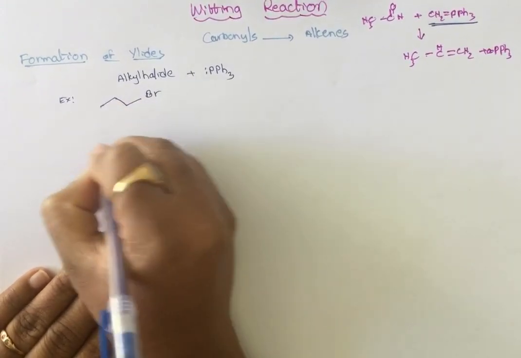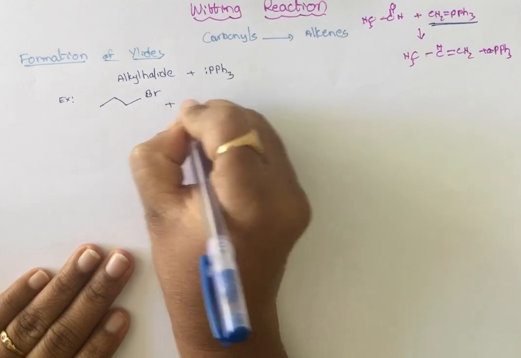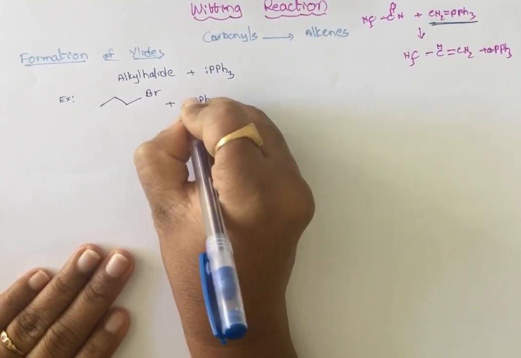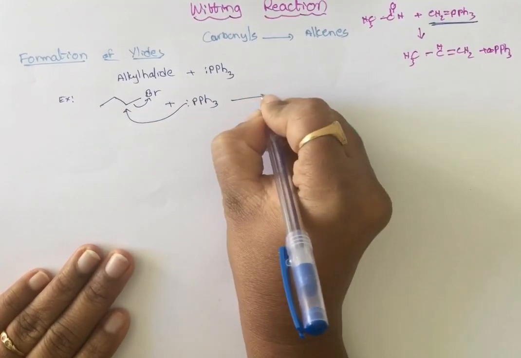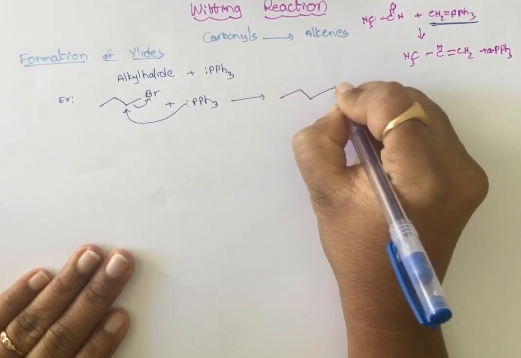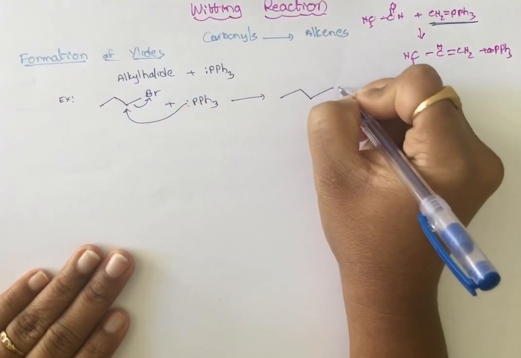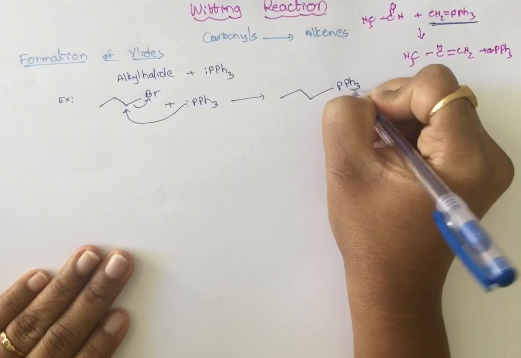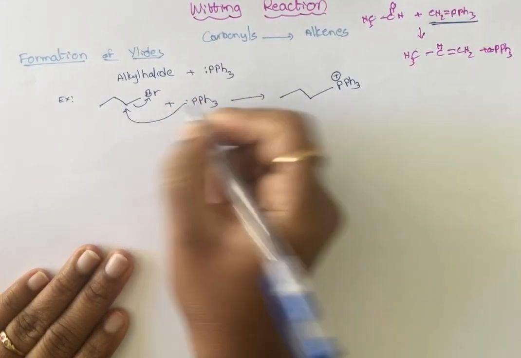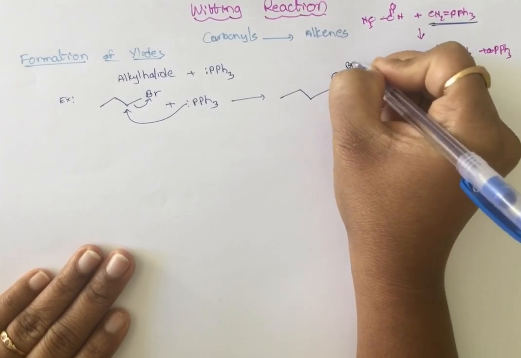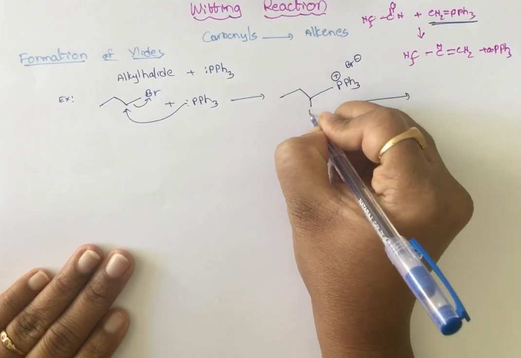Whatever type of carbon chain you want, that type of carbon chain should be taken here. It should be reacted with triphenylphosphine. Now bond shifting will take place and the phosphorus will attack this carbon. Bromide has gone from here, and this carbon is attached to the triphenylphosphine, which has a partial positive charge because it has given a pair of electrons, and bromide minus will be there like a positive ion. Now let us write one hydrogen here.